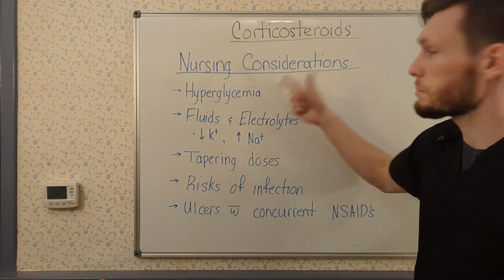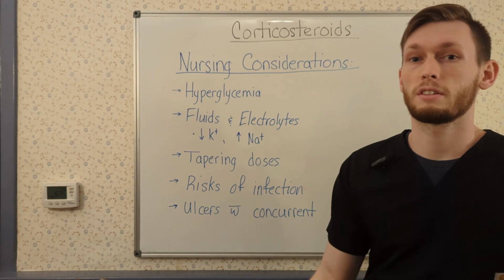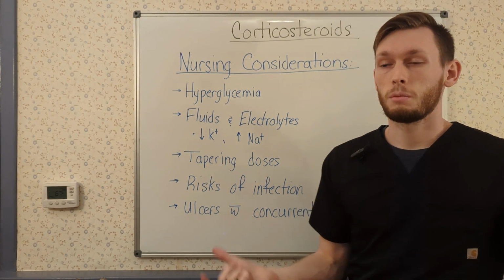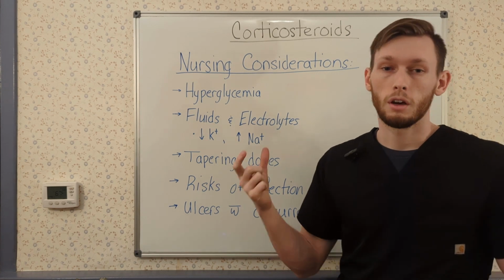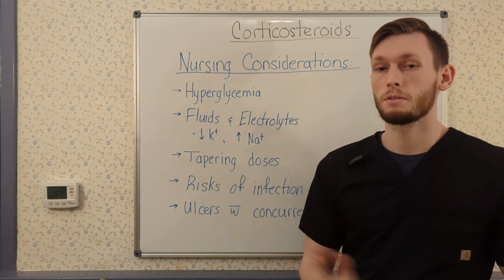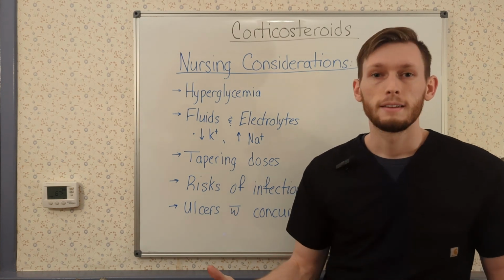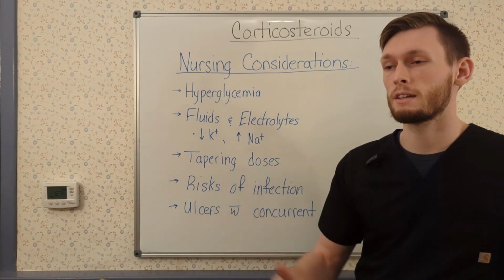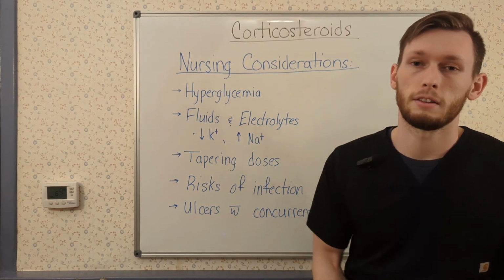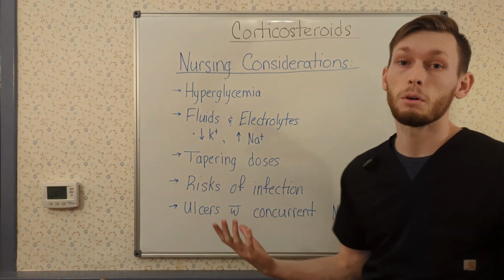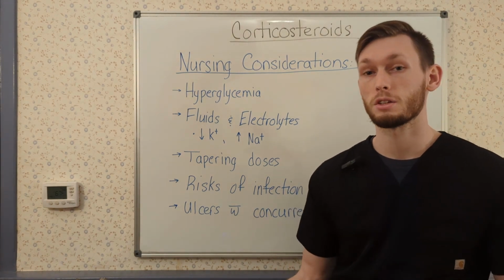So, hyperglycemia, number one on my list. Anytime you see corticosteroid, think hyperglycemia. A lot of times, it's automatic. Providers, when they order a corticosteroid of some sort, they will order a glucometer check on the patient. And if the sugars become out of control, where we're above like 140, it's usually our cutoff in the hospital. We start getting into the 200 range. They're going to order some insulin to correct that dose, and it's going to be maybe every 6 hours we might check a blood sugar